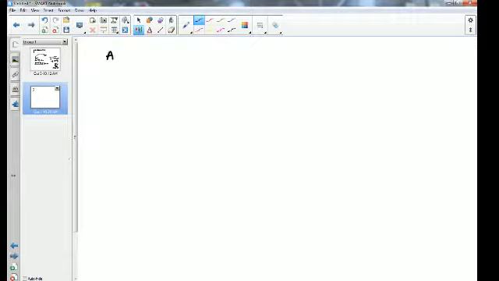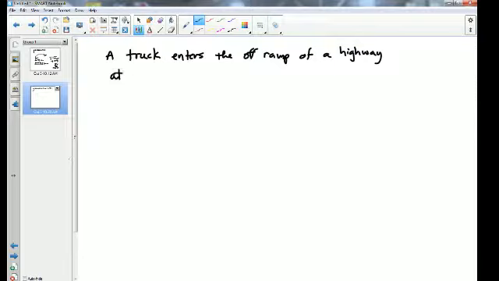A truck enters the off-ramp of a highway at t equals 0. Its position after t seconds is